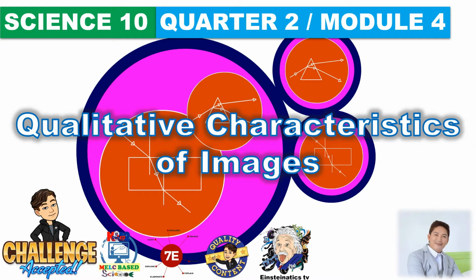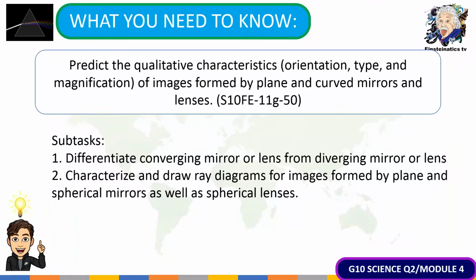Today, we are going to focus on the qualitative characteristics of images, which is covered by Quarter 2, Module 4. So what do you need to know? Ito yung objectives natin for today's video. Of course, we need to predict the qualitative characteristic. Pag sinabing qualitative, it refers to the orientation, the type, and magnification of images formed by plane and curved mirrors